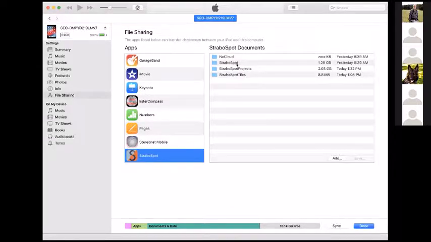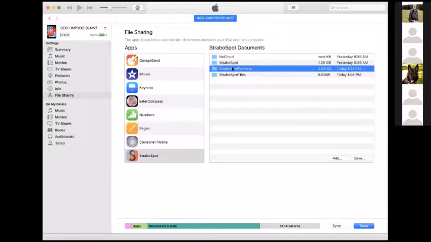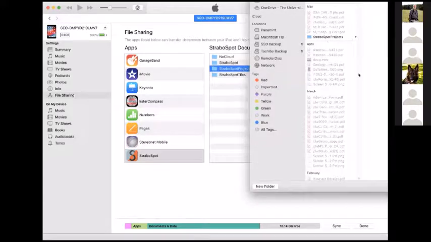Doug, do you want to say more about how to drag those out? So, for example, if you prepare a project, and I'll do this with Field Camp, I'll make a project that has all of the images, everything preloaded. It'll be saved as this thing called StraboSpot projects. I will just save that to my computer somewhere.